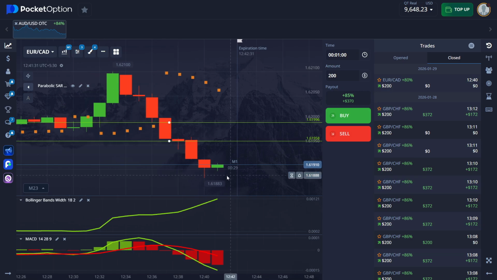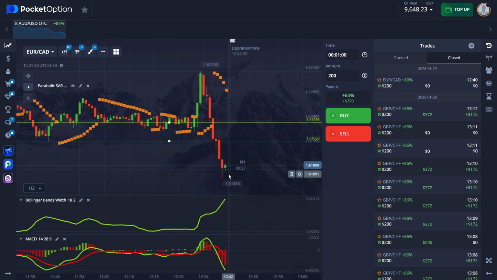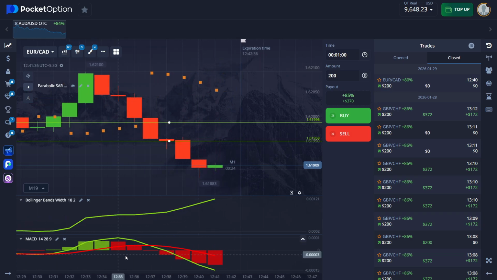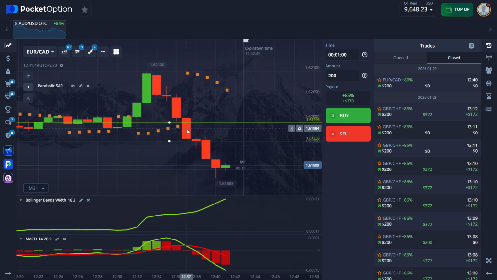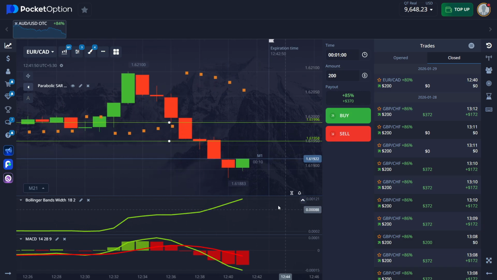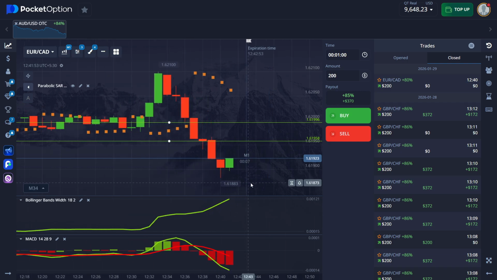But I have to wait for one or two candles before taking any trade. There was an intersection between the red line and the green line, and there were Parabolic dots here, which were showing that the trend is going towards the downward direction, and we can take the trade on these four candles, and we can win. But right now I am waiting for the right opportunity.